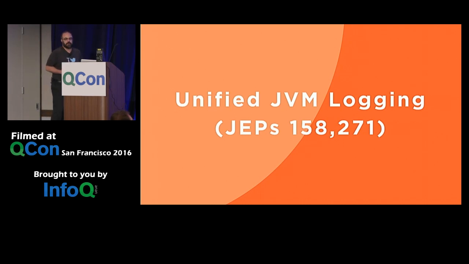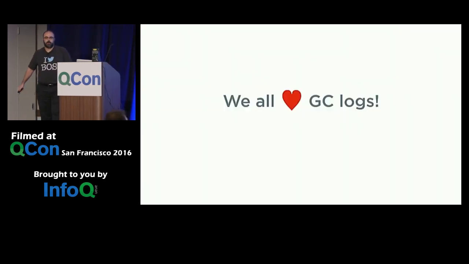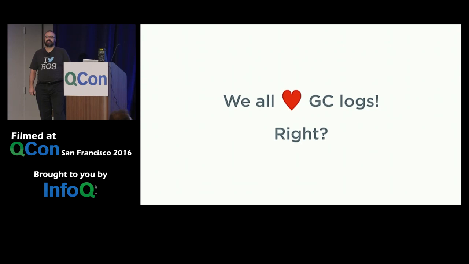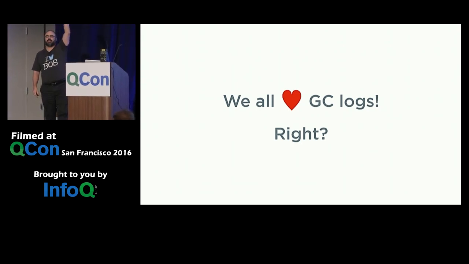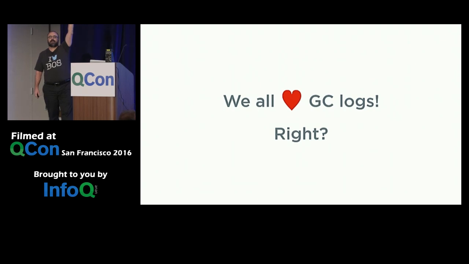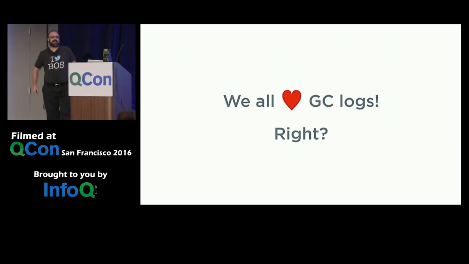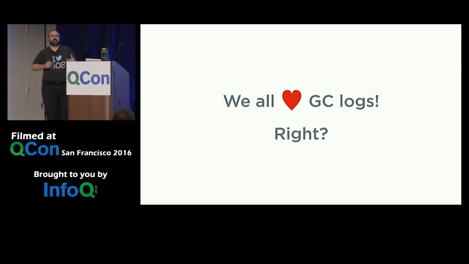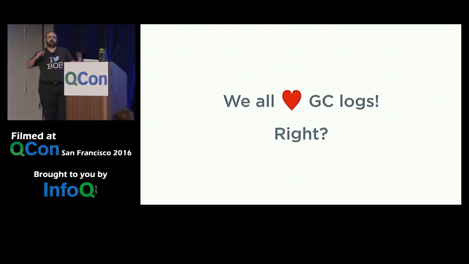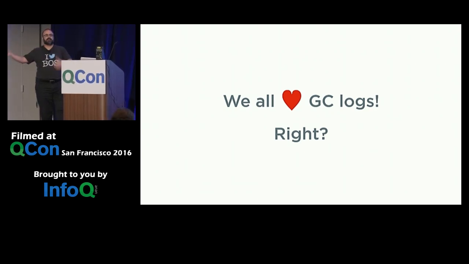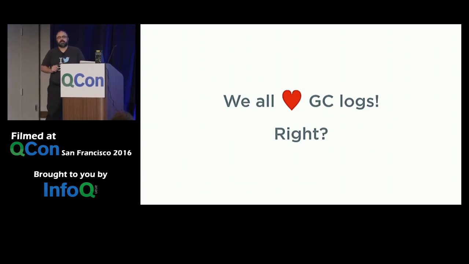So the first one I'm going to touch upon, and that is going to affect a lot of folks, is the unified JVM logging framework. And we all have GC logs, right? So hands up, who reads GC logs at work regularly? Okay, a few people. Who hates GC logs with a passion? All right, excellent. You have the idea. So for anybody who hasn't seen GC logs, I'm going to give a little bit of an overview and why they're terrible and why the new logging framework is going to help us a lot from Java 9.